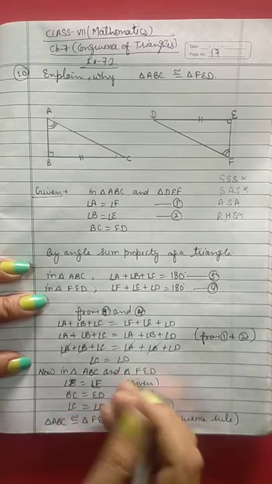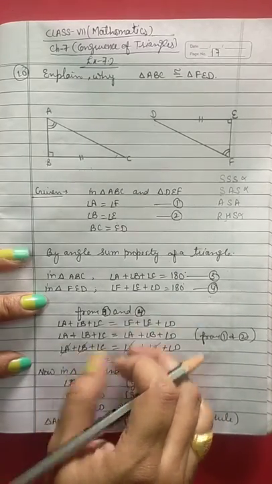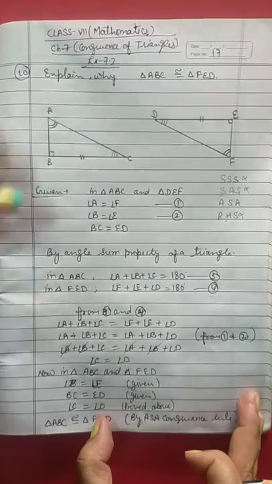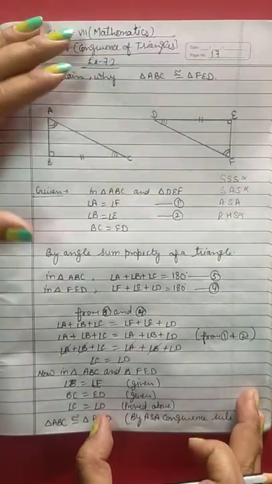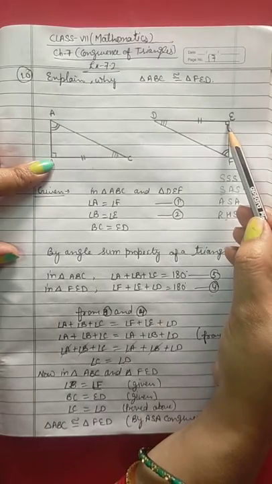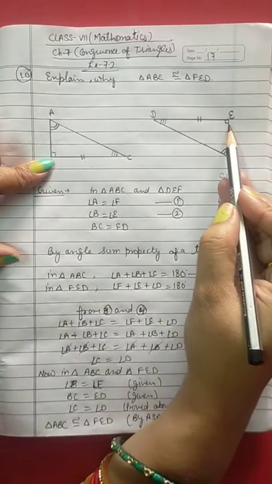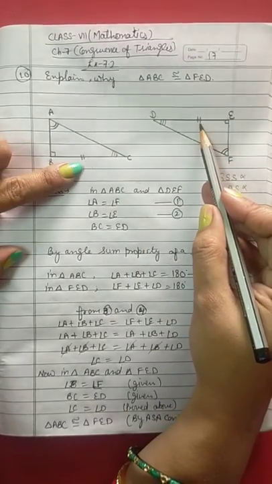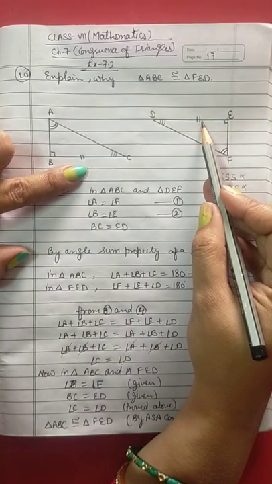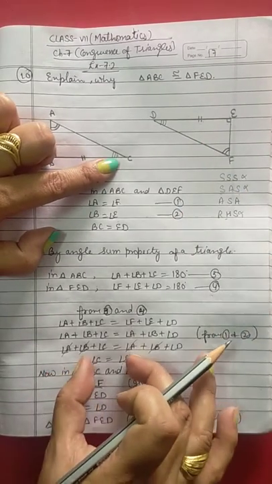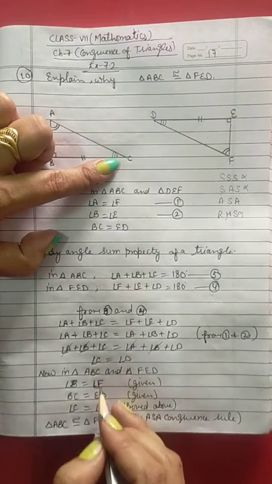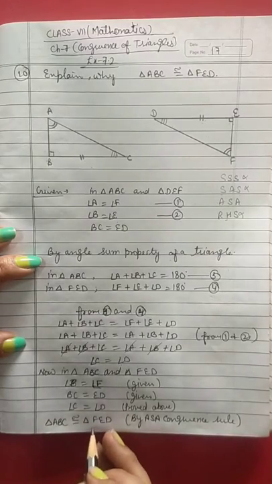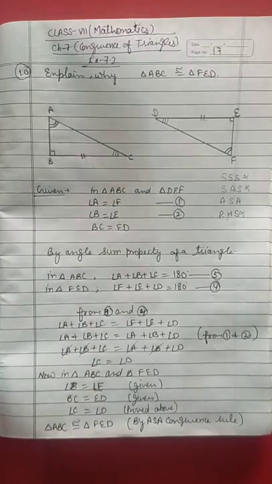Fine. So now we have found that angle C is also equal to angle D, meaning this one angle is equal to this one angle. Now again we'll take these two triangles and make them congruent. See how: we know that angle B is equal to angle E, because both are given as 90 degrees, and next we have BC is equal to ED, because it is given that both sides are equal in both triangles, and we have proved above that these two angles are equal. So by angle side angle, these two triangles are congruent. It means triangle ABC is congruent to triangle FED. So in this way you can solve question number 10.